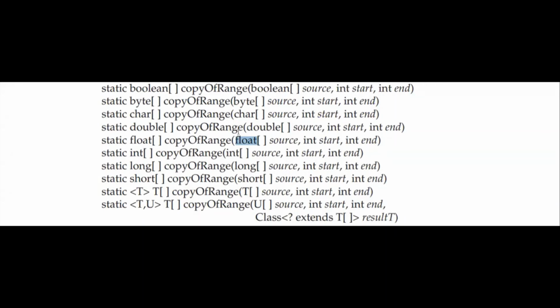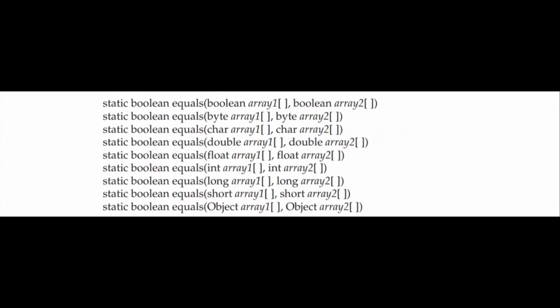Similarly, the Arrays class can utilize the equals method. The equals method can be used on all the types. The syntax for all of them will be shown like this: static boolean equals(boolean[] array1, boolean[] array2). Two arrays are compared for equality here. If the two arrays are equal, true will be returned. If they are not equal, then false will be returned.